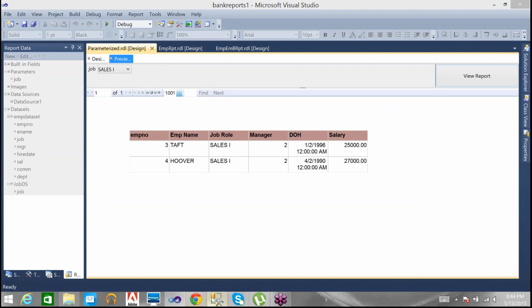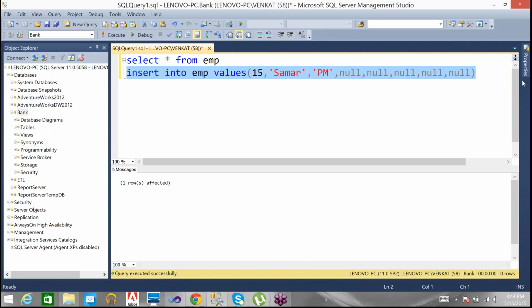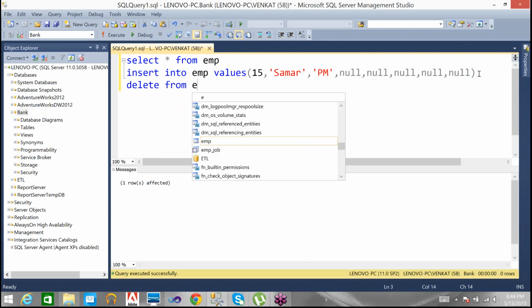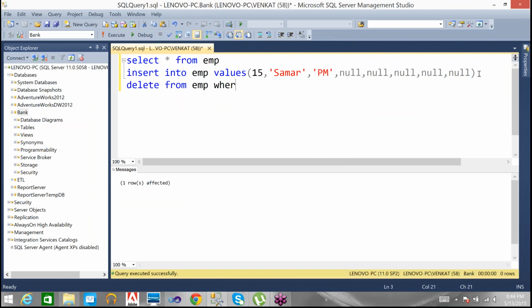Then for example, if I'm deleting one row here, like the employee number 15. Okay.